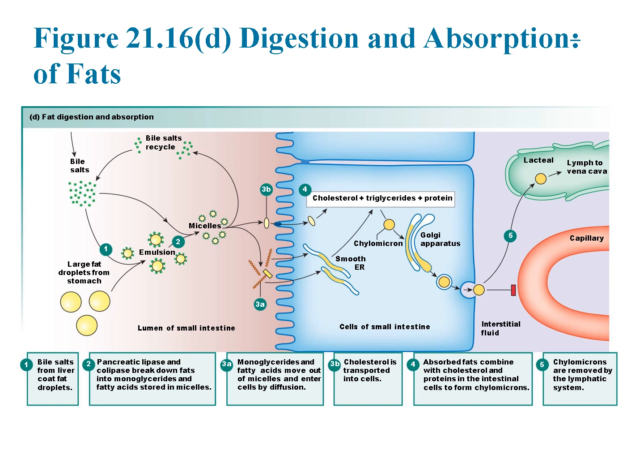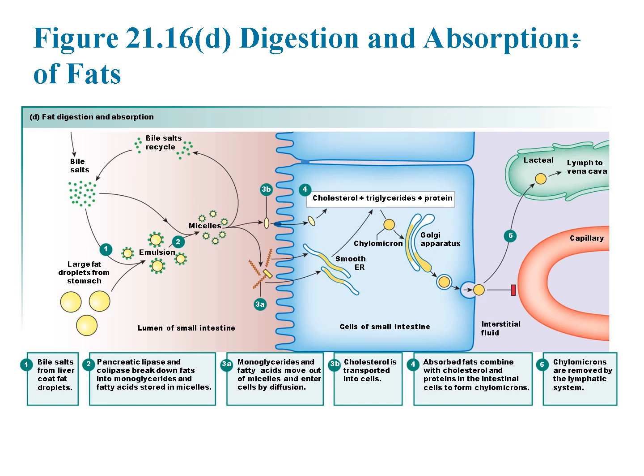Fat digestion begins when bile salts from the liver coat fat droplets, breaking them into smaller emulsified particles. This emulsification increases the surface area, allowing pancreatic lipase and cholipase to efficiently break down triglycerides into monoglycerides and free fatty acids. These lipid components are stored inside micelles, which transport them through the aqueous environment of the small intestine. Once digestion is complete,